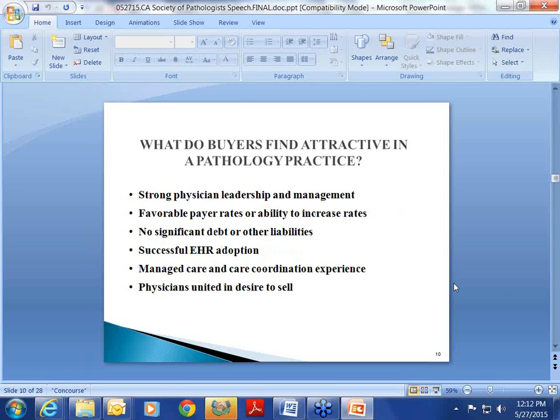Continuing on as to other factors about your practice that would make you attractive or not if you don't have these factors: having strong physician leadership and strong managers and people who, as we discussed a moment ago, will stay with the practice. There are occasions when certainly a buyer will